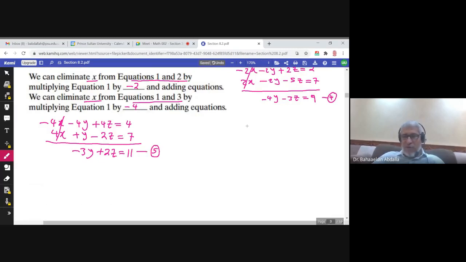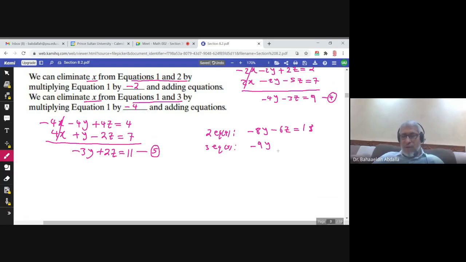Now to solve 4 and 5, I will eliminate one of the variables. If you look, I have -3, -4 coefficients of y, 2, -3 coefficients of z. So I will multiply equation 4 by 2, 2 times equation 4. And I will multiply equation 5 by 3, 3 times equation 5. If you multiply equation 4 by 2, you will have -8y minus 6z equals 18. If you multiply equation 5 by 3, you will get